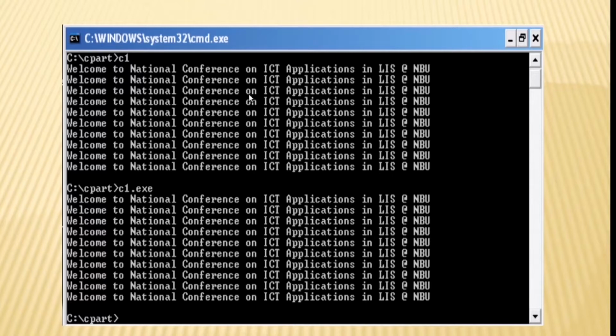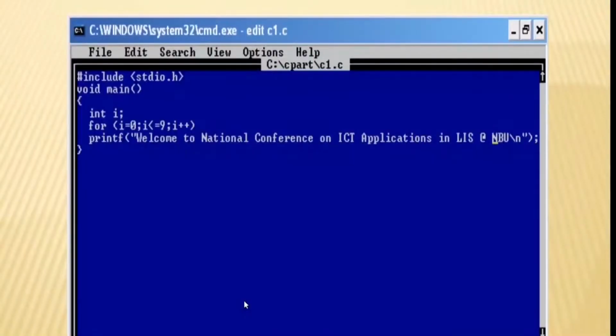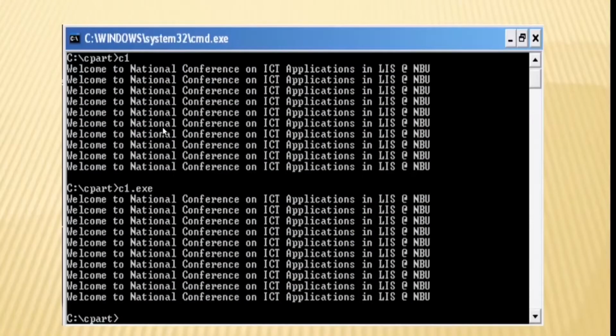Now you see it can produce a particular line 10 times. Now the moment you need to change this from 10 times to 20 times or 15 times, you need to come to me. And what will I do? I will simply change the loop from 0 to 19, since you need 20 times. So in this case, it will produce this particular line 20 times. I will change this in 1 second, then recompile it and sell it to you as version 2, and you can run that program now for 20 lines.